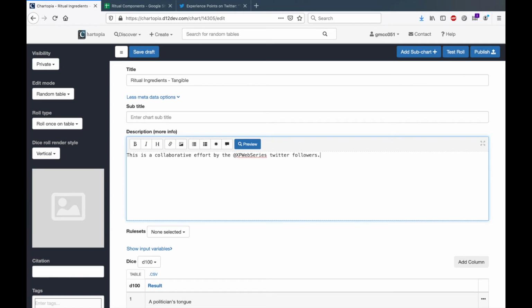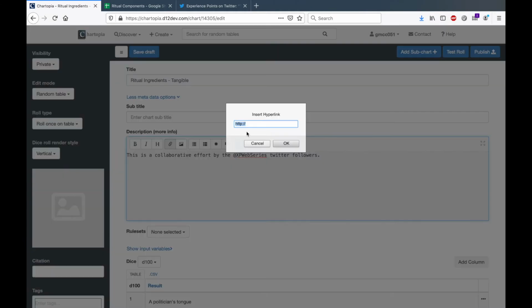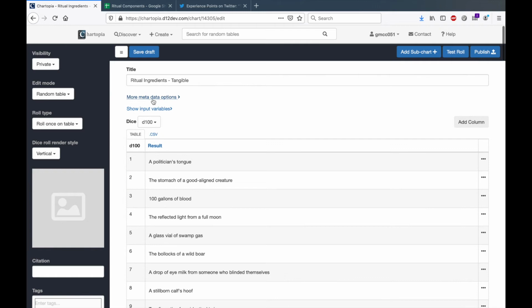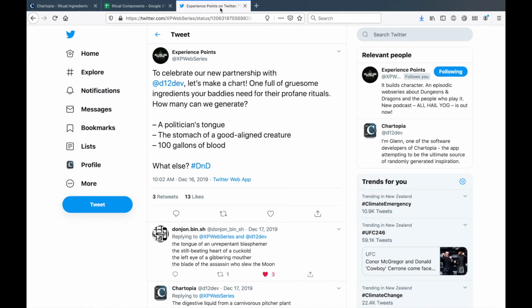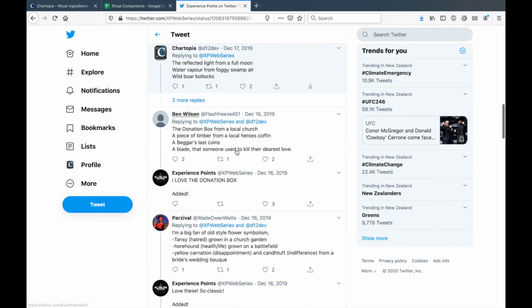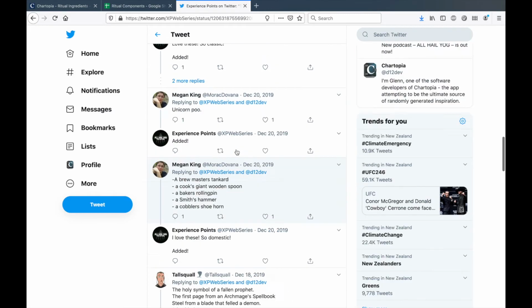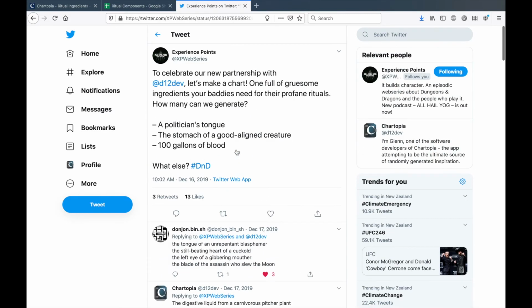And because this is Markdown, it's quite easy to just add links back to the original sources, so we'll do that here. And a bit of a preview shows what it will look like when you view the chart later on. So if we go to the Twitter thread that started this all, you can see that Experience Points just did a shout out and said, hey guys, we're after some gruesome ingredients for some profane rituals, and a whole bunch of us got on board, and out came some really, really crazy ideas. So thanks to all those who got involved, and it would be a shame to